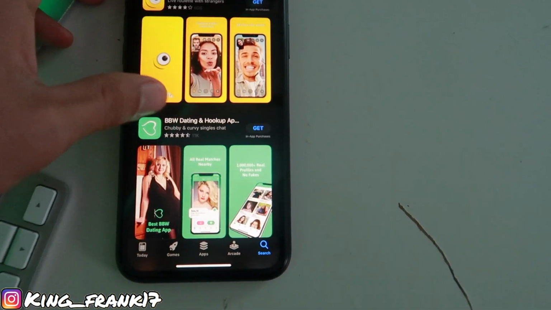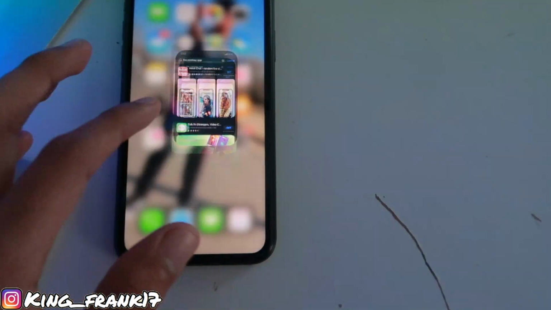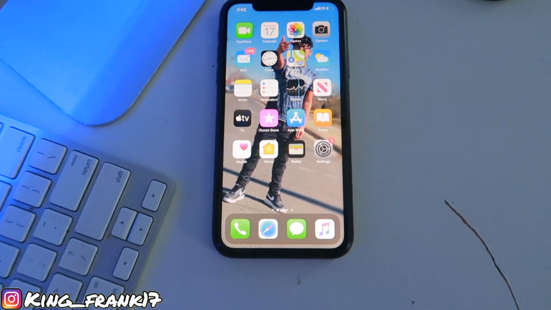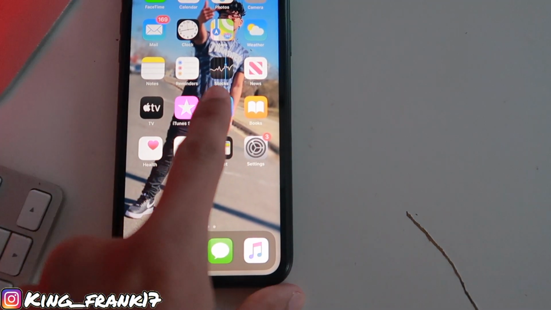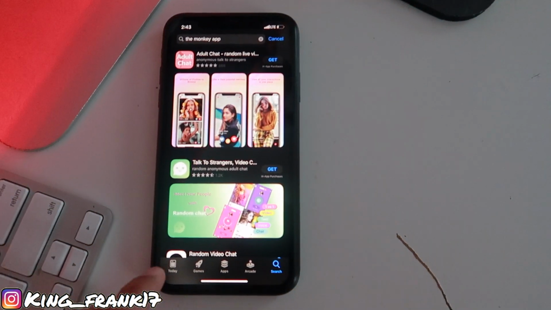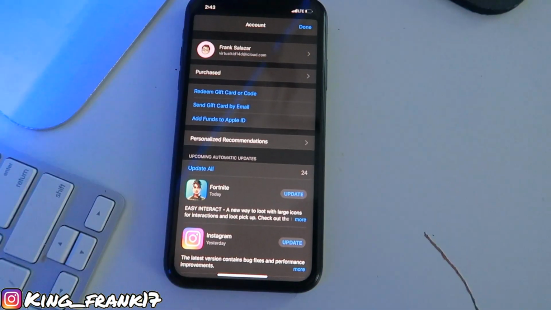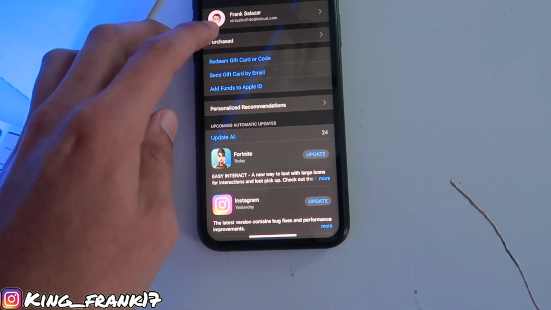there's no Monkey app. And you don't gotta go to that tutu thingy, tutu.com, tutu.org, whatever you call it. You can just go right here, like for real, right there. Go to today, click this thingy. Oh, there you go. And after that, just go right here